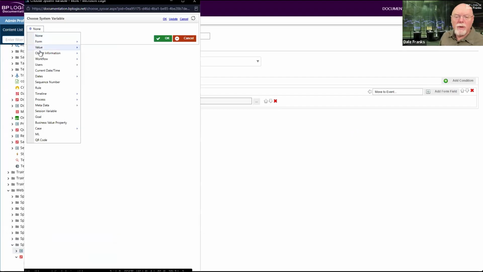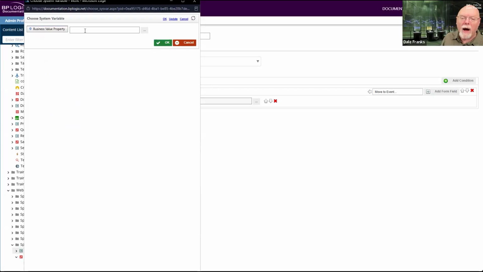This menu is missing some of these little carrots here that fold out into separate menus. For example, there's no fold out menu for the rule or for the goal or the machine learning object, or in the case that we're talking about, a business value property. So I want to set this business value property, but I don't want to have that huge menu. So I'll just click here.